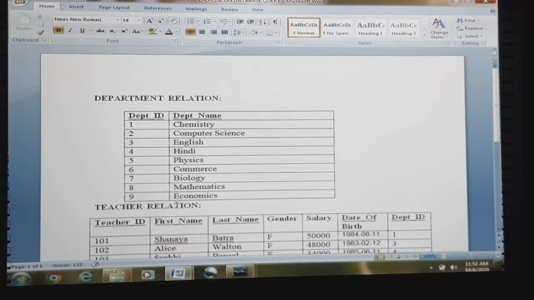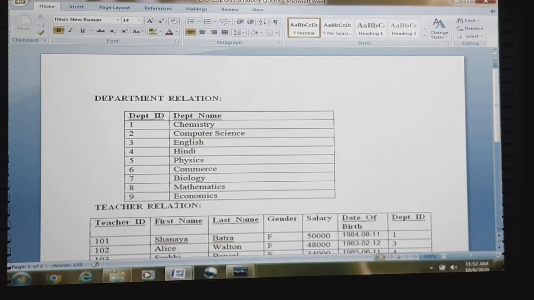Once again I welcome you all to this online session of the class 12 information technology class. Here we are going to discuss some more concepts, which include alias, use of the distinct keyword, use of the percentage operator, and use of the underscore character. All those things will be discussed in today's class.